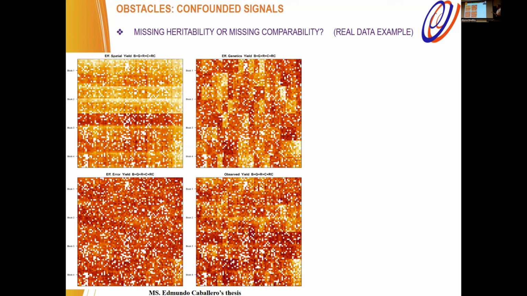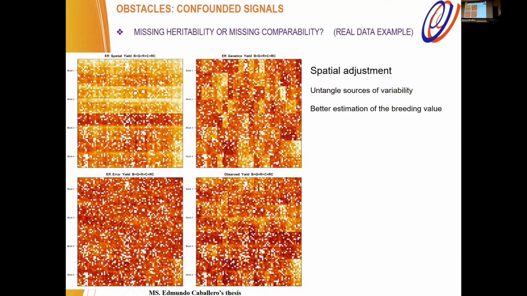And what we find here is that actually we did a very bad job trying to get the breeding value, because I don't know if you can see this part, the genetic effect resembles the phenotype and probably is still very related to the field variability. This is just one example. Still, a lot of the signal is coming from the field variability, and we would expect that whatever we are estimating in terms of the genetic would be assigned randomly, but it basically carries patterns that still carry a lot of that trend. So probably we are doing a bad job. And this is working with spatial adjustments. So it's very difficult to untangle the sources of variability.